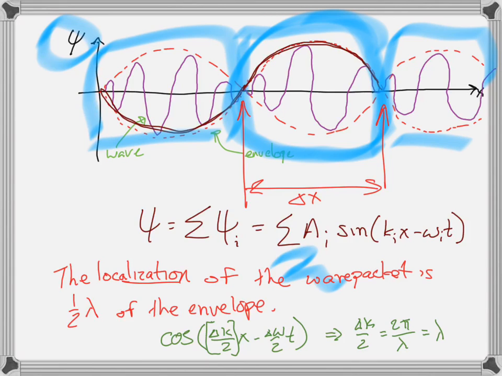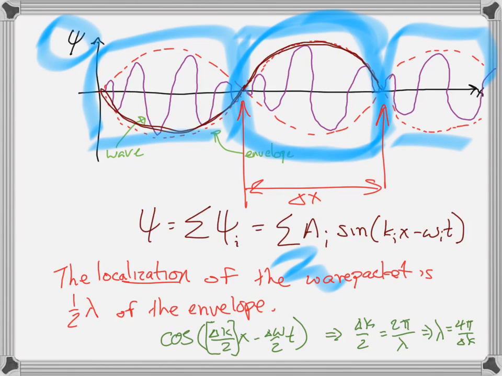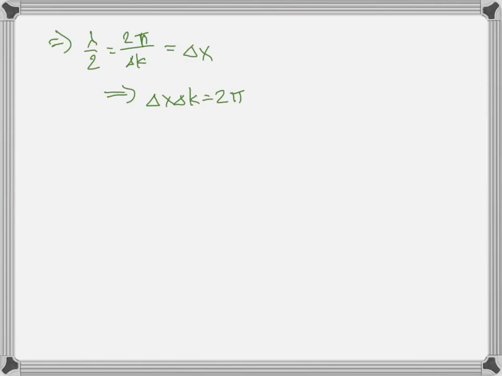So therefore, lambda is equal to 4 pi over delta k, and so therefore lambda over 2 is equal to 2 pi over delta k. And remember, lambda over 2 is just delta x. That's the localization. So therefore, we get delta x, delta k equals 2 pi. So the localized region of this wave, any one of these wave packets, takes up this much space in one-dimensional space, 2 pi over delta k,